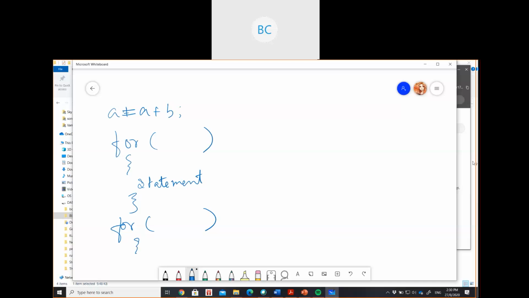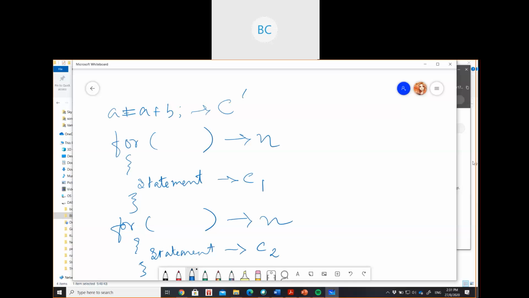In this case, this is not nested, correct? Each will take single time. This one will take n number of times, this one will also take n number of times, and this statement will be constant time.